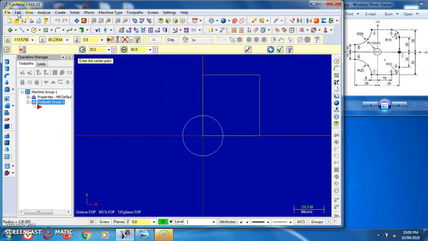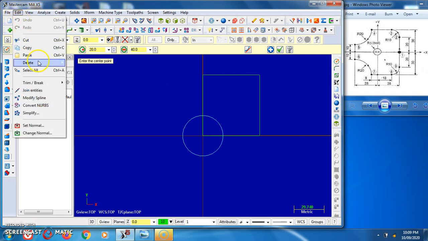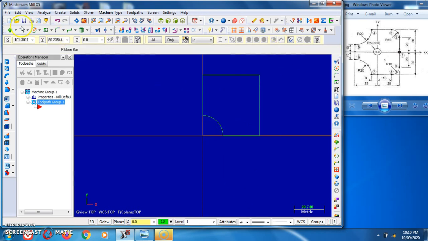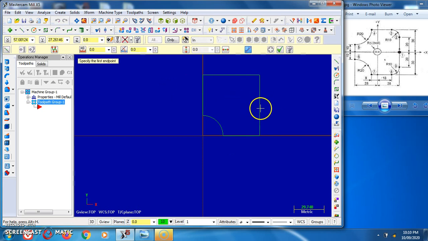So we can trim out the remaining portion. Go for edit, trim, select the inner portion of the circle, select the line. So now this outer portion gets deleted. Now again we can select the upper portion of the line and circle, then another line, circle. The same part we require from the other side, from the center. So we can define the center of this figure. So this is the center. Along with this center we require the line and this arc from the other side.